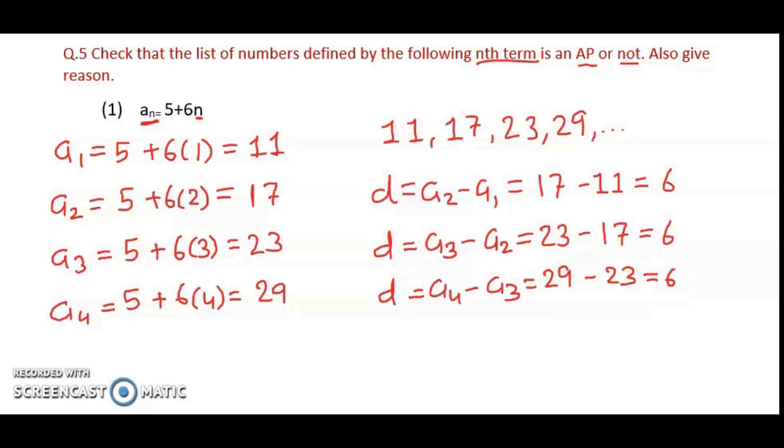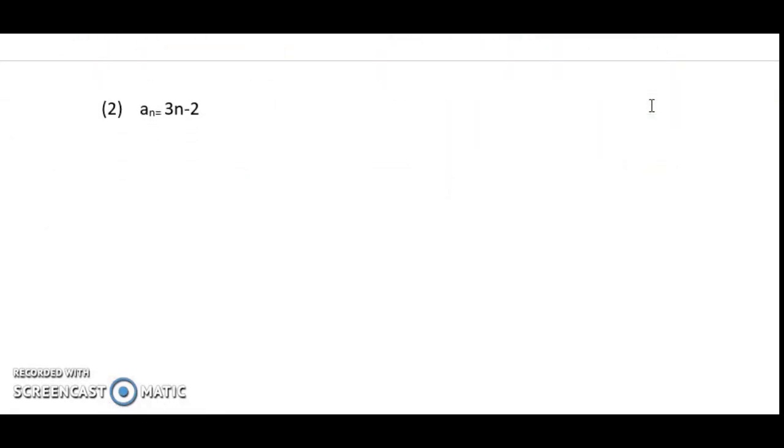So here in this list of numbers, the difference between consecutive numbers remains the same, so we can say that the given series is an arithmetic progression. Let's see the next problem,